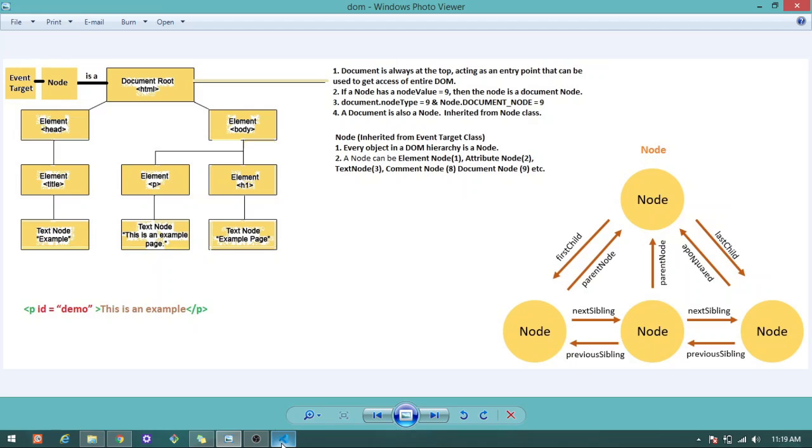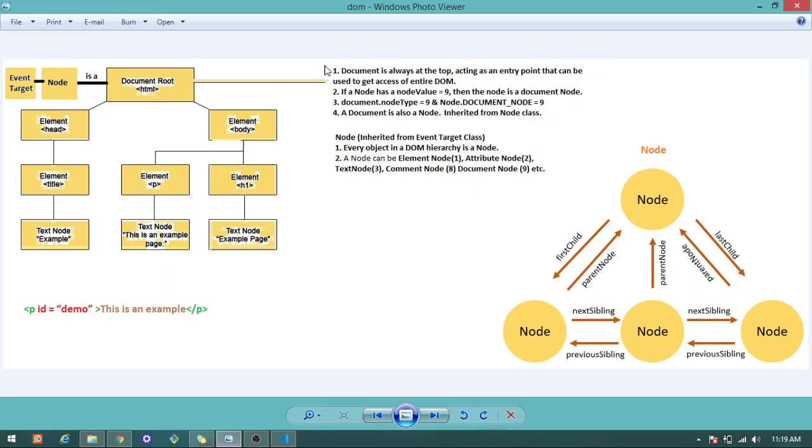The browser keeps a special object called document on the top of the tree, as it appears, the parent for all the nodes available on that tree, and gives us access to that special object called document.